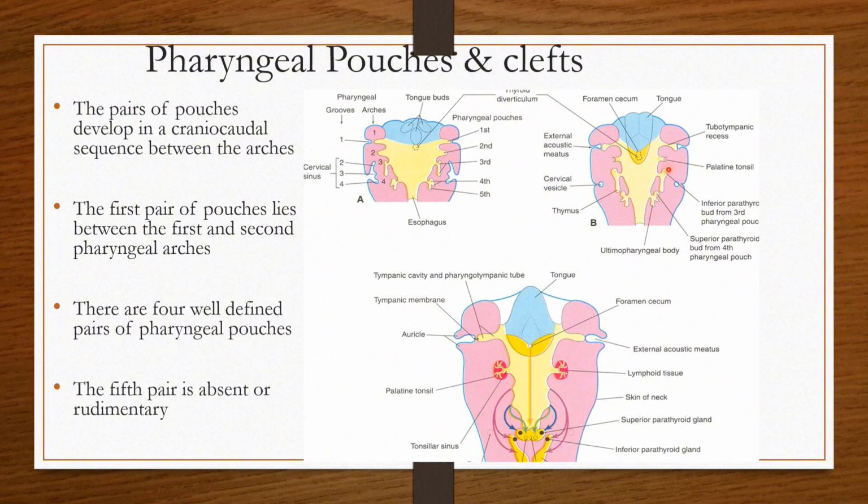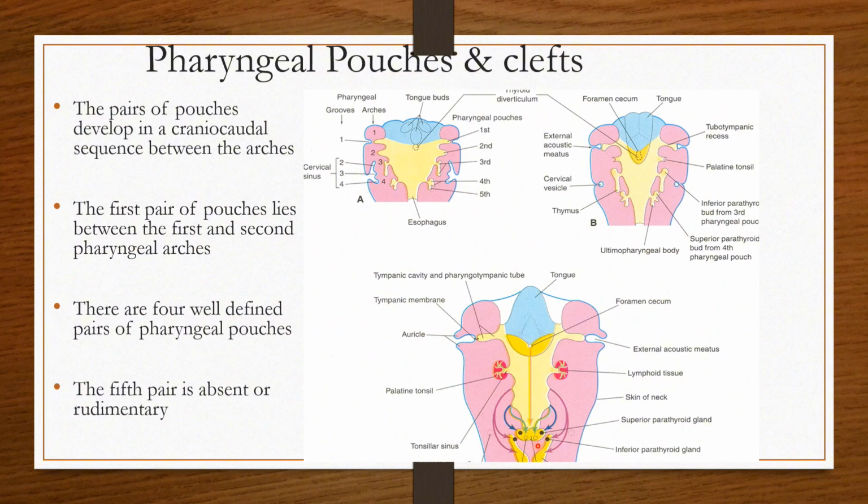Now we move on to the third pharyngeal pouch. This third pharyngeal pouch has two parts, the dorsal part and the ventral part. The dorsal part forms the inferior parathyroid gland, and the ventral part of the third pouch will form the thymus gland. So with the development, the thymus grows distally and downwards to come to its adult position in front of the neck and the chest. So it also brings the inferior parathyroid gland along with itself, so that it comes to lie behind